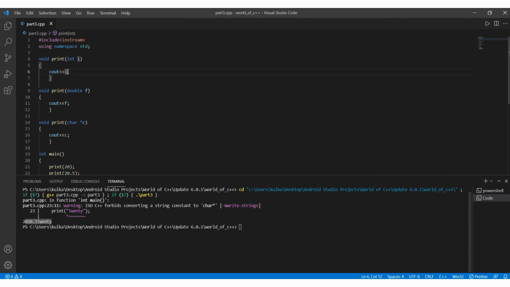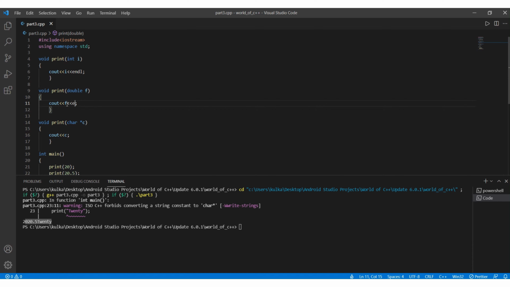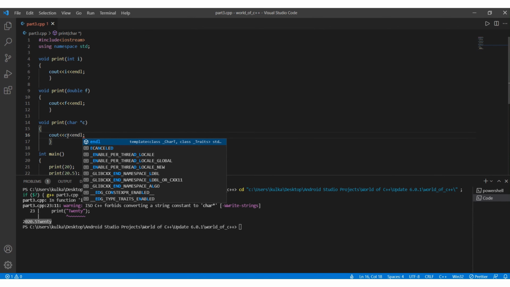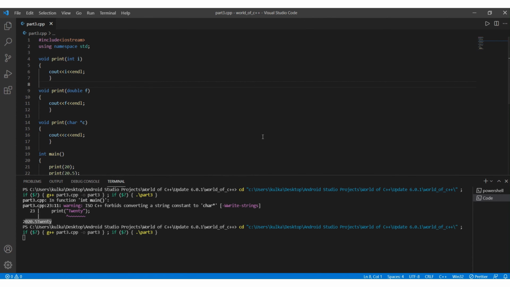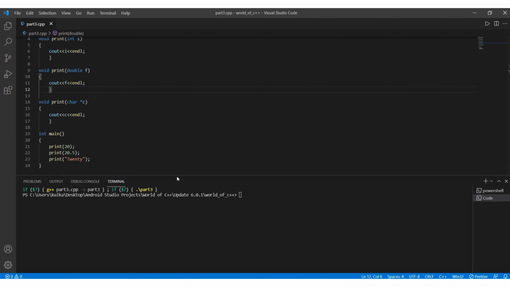It should be clearer if we write a character, so: twenty, 20.5, and 20. So that's how function overloading works.